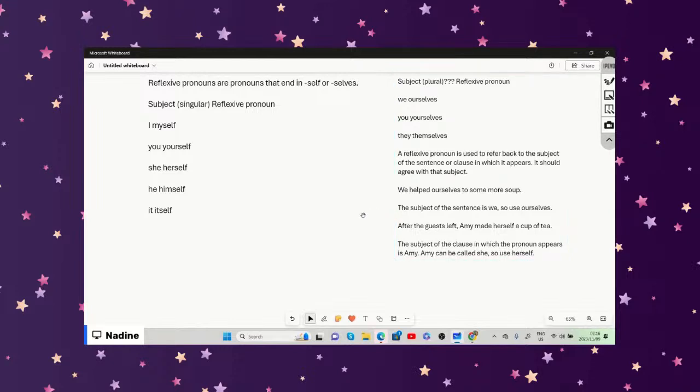And then it says, when we say we helped ourselves to some more soup, then our subject, referring to the person or thing that did the action,